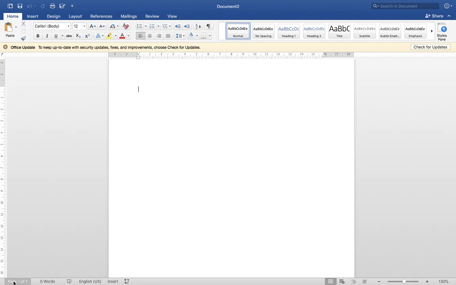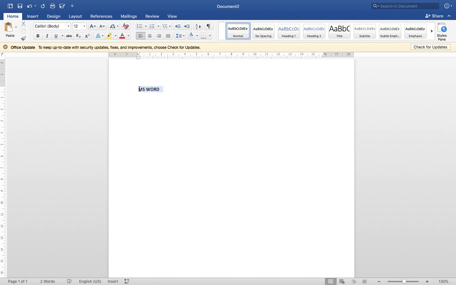And the bar at the bottom of this screen is called the status bar, which displays the number of words that we have written along with the page numbers that are displayed in this MS Word document. Now I'll show you how do we edit text in this Word document.